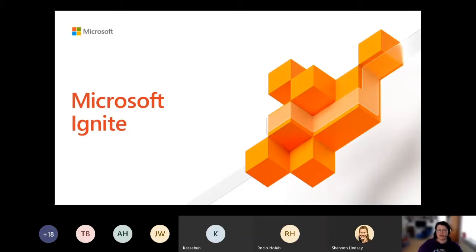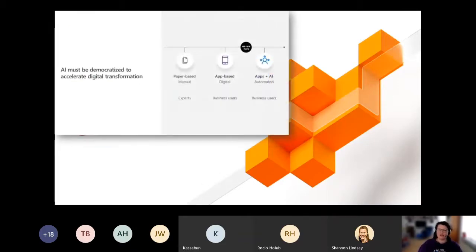So, okay, let's go back to Microsoft Ignite of last year, because that's where AI Builder was introduced. And I like to give an idea about AI Builder, about how Microsoft presents it. So with the Power Platform, IT is democratized. But to accelerate IT more, it needs to be more democratized.